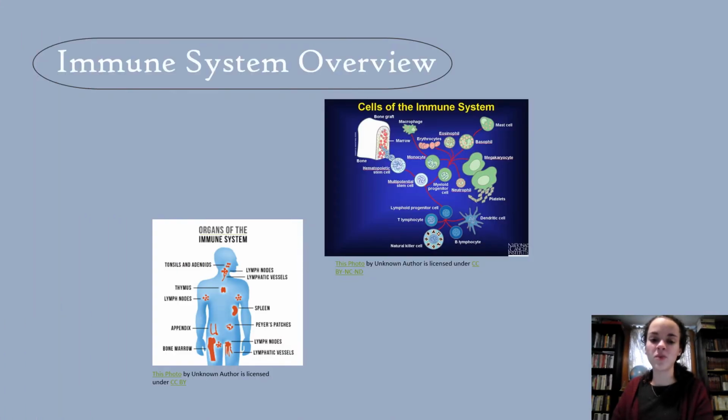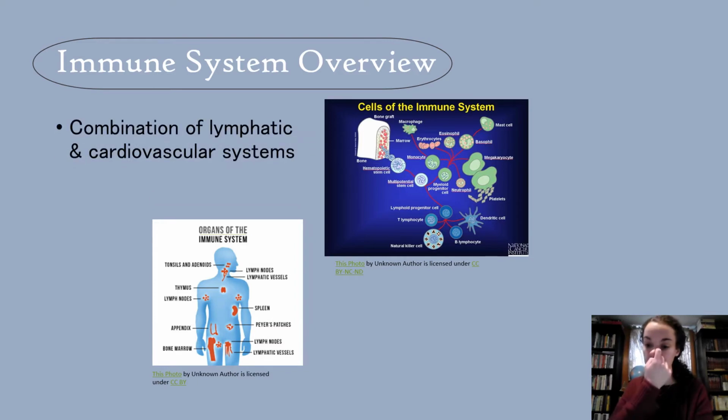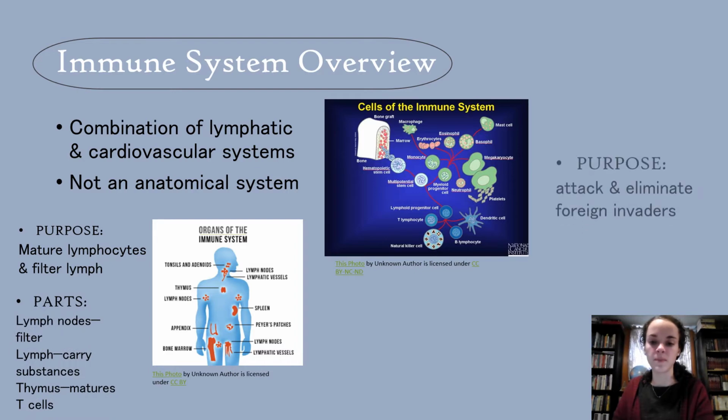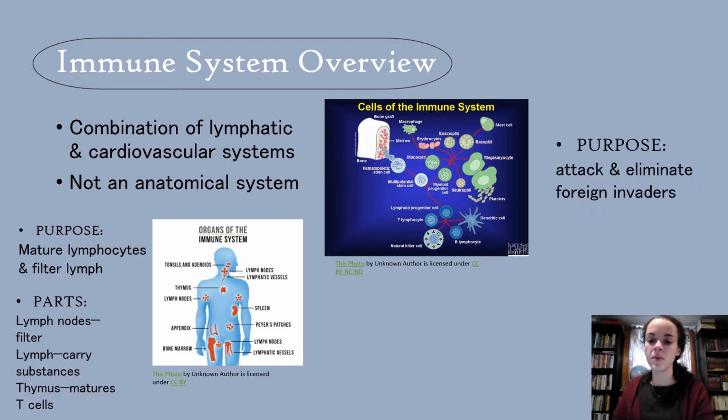A quick overview of the immune system is that it is a combination of the lymphatic and the cardiovascular systems. It is not its own anatomical system within the body, so it uses the entire lymphatic system and then the blood of the cardiovascular system. So the lymphatic system matures the lymphocytes, which I'll explain in a minute, and it filters lymph, so it filters the invaders out of the lymph. And then the purpose of the immune system in the blood is to attack and eliminate foreign invaders like viruses